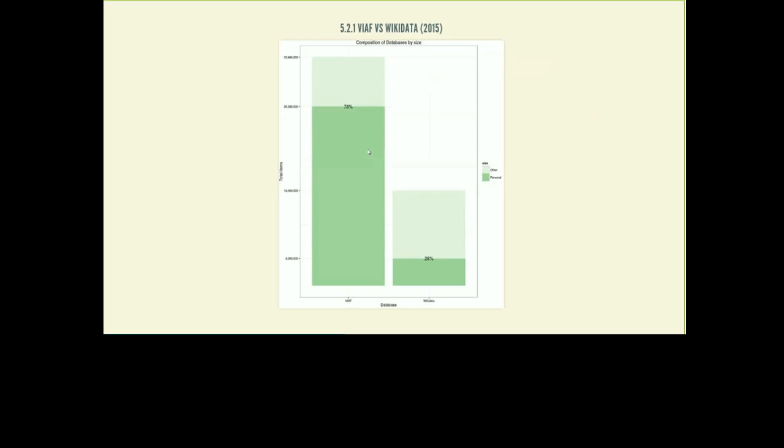Here's a quick comparison of relative sizes. So Wikidata has 14, or I think it's maybe 17 million objects by now. This is the union of all of the objects described on all of the 280 national language Wikipedias, whereas VIAF has by now probably 35 million objects. Also, you see that VIAF has 26 million persons, whereas Wikidata has only 4 million.